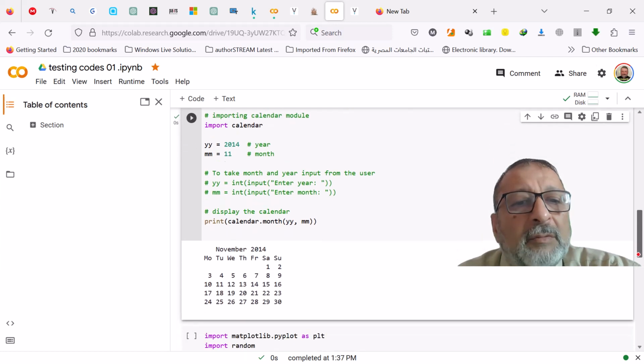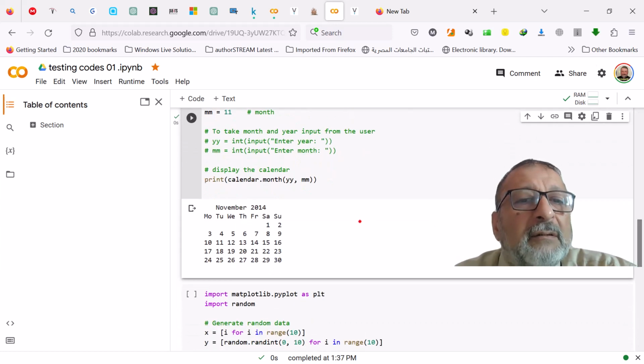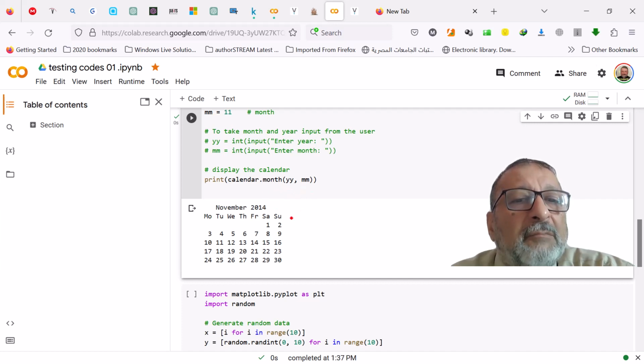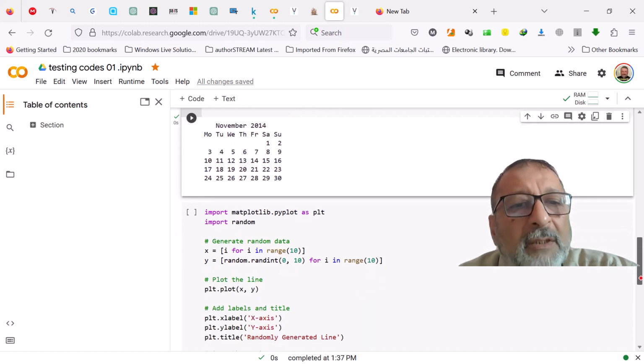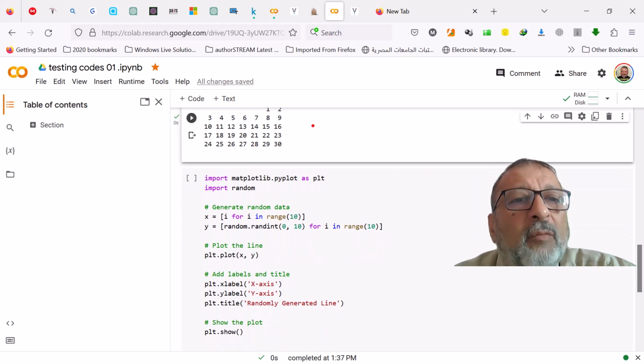So the year 2014, if you take, for example, a certain month, like the month of November 2014, print the calendar, it will print that Saturday was the first, and this is using the calendar library, which I have imported into my equation. Let us go a little bit further, how we can